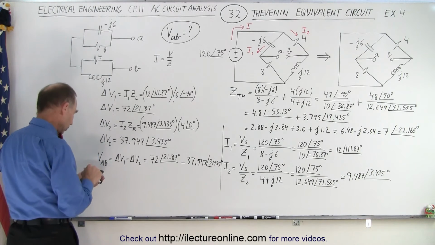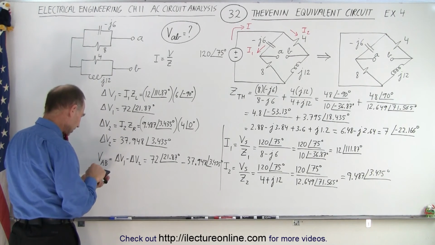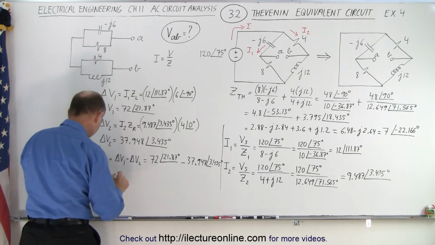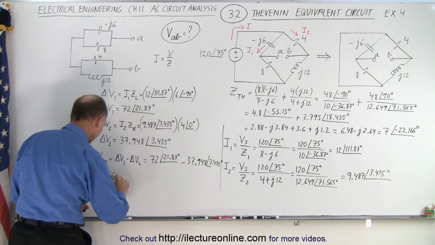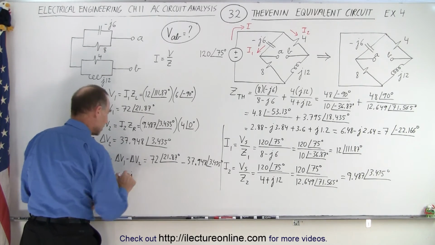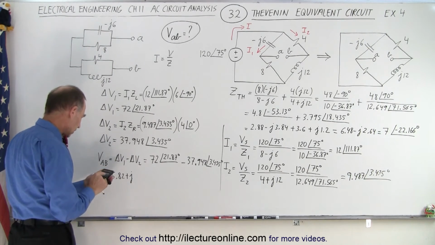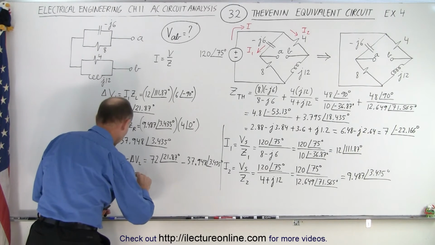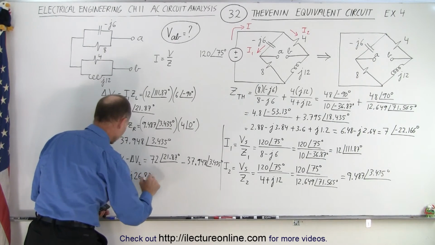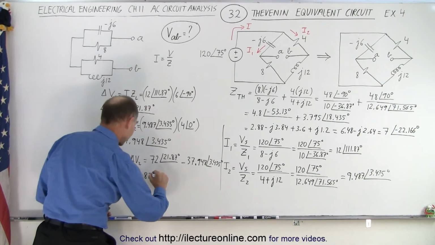So this is equal to 21.87, take the cosine of that and multiply it times 72. That gives me 66.82 plus j, 21.87, take the sine of that, times 72, that gives me 26.82. All right, that's the change in voltage on the left side. Then we subtract from that